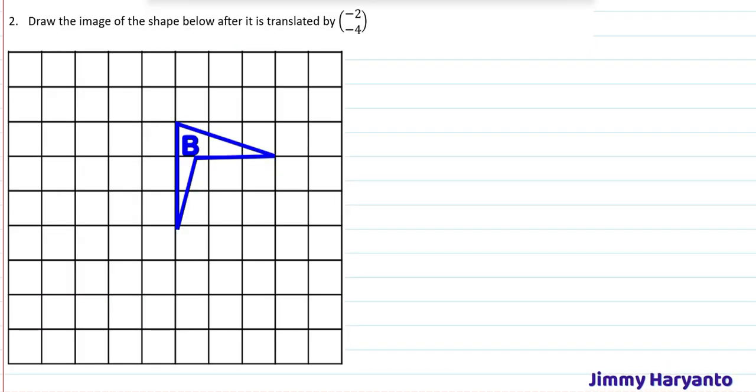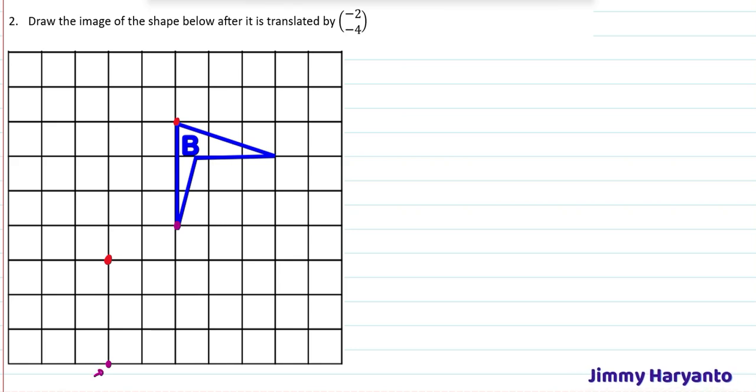Okay, let's try example question 2. Right now the question wants you to translate it by -2 and -4. Let's say we choose this point first, so -2 will be to the left and -4 means going down, 1 2 3 and 4. Okay, so the point will be moved right there. This is the image of the first point. Next, we choose another point, maybe this one, and then you move it 2 units to the left, and then 1 2 3 4 downwards. That means the purple point will be right here.